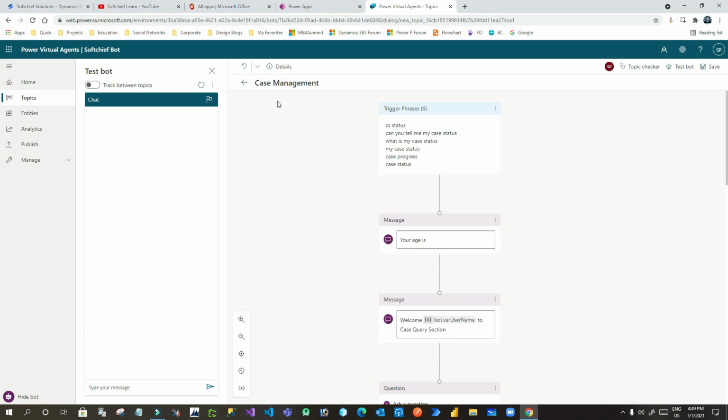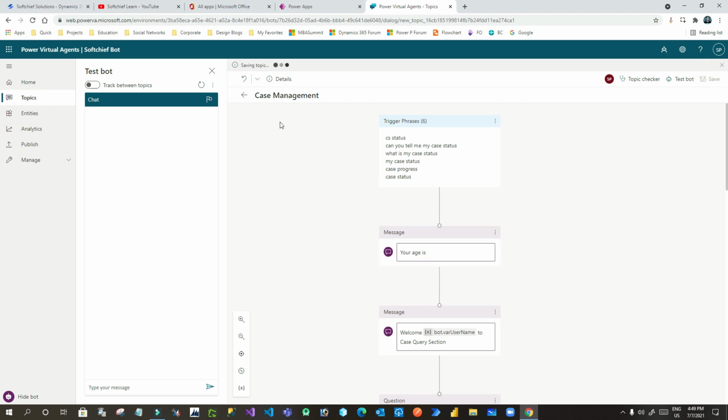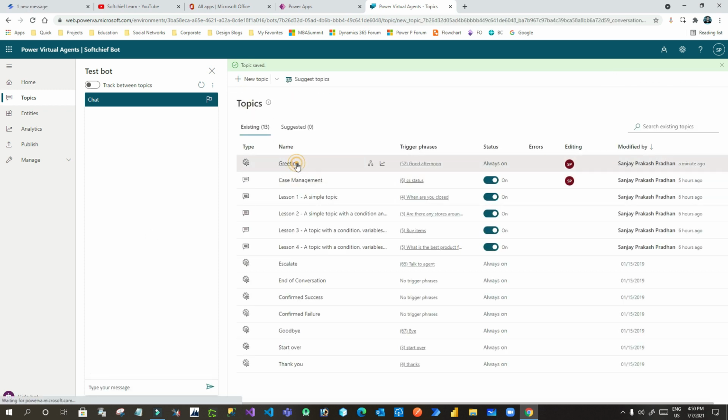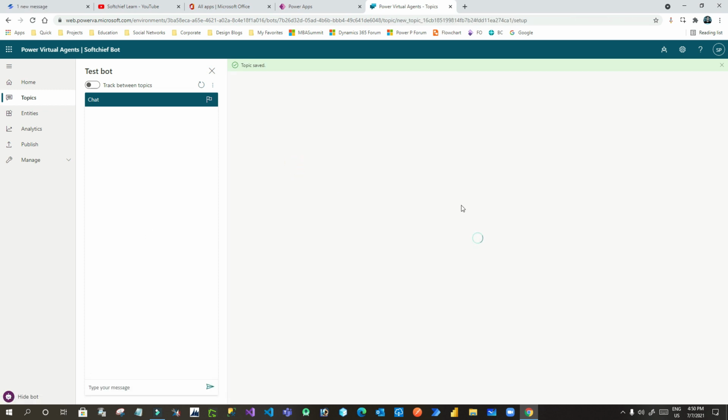So now go back, save this and go back. We will change that scope to bot. Then we will come back here to check whether I can find that variable here or not. I'll go to the greetings and I will go to that variable to make it bot scope. So the scope defines the global or local variable you want to define.